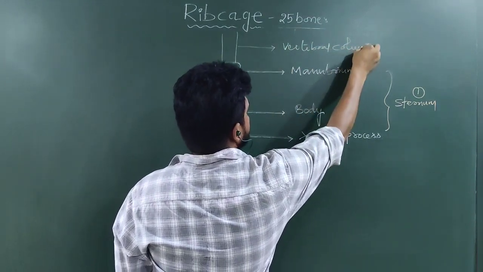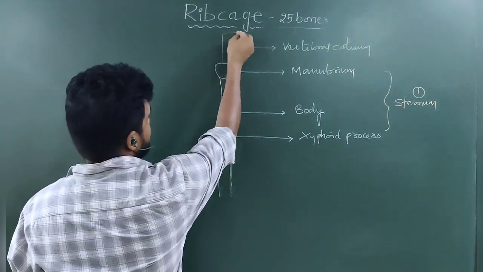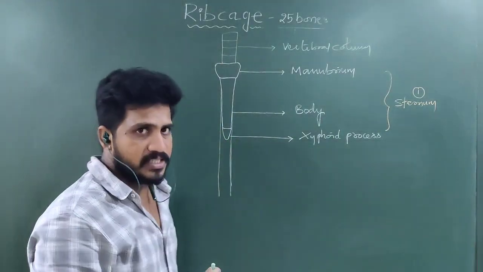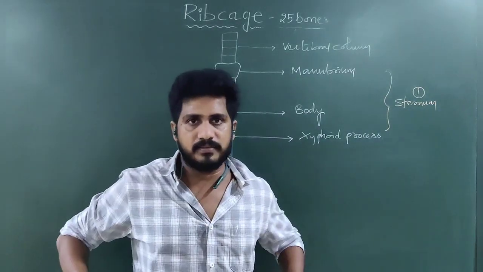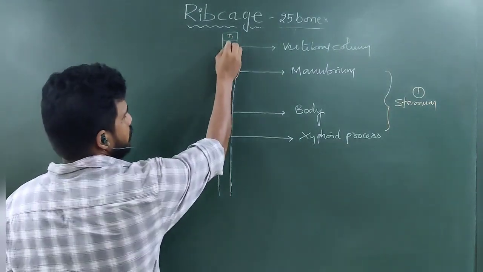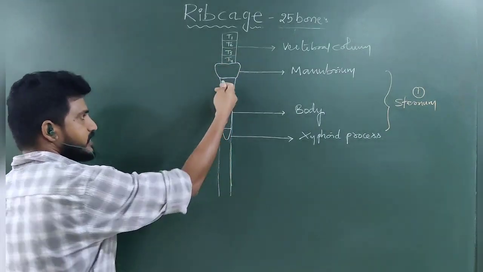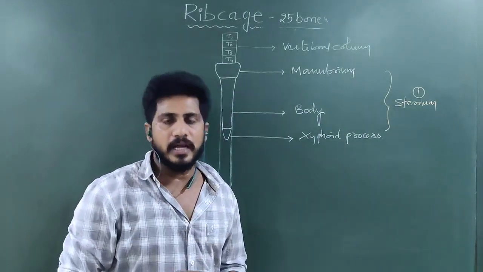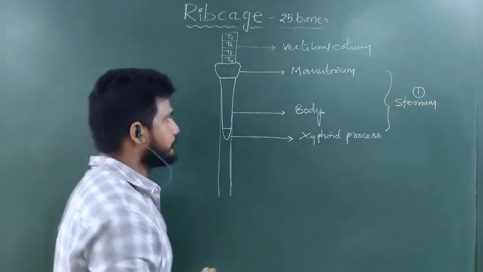This vertebral column has so many bones. In the next class we will discuss. But the vertebral column starts from the neck region till the tail region. Rib bones come from the vertebral column only from the thoracic region. So this is thoracic vertebral bone 1, this is T2, T3, T4, just like T5, T6, T7, T12. So in the thoracic region, the vertebral column has 12 bones. About this in detail I will explain in the next class. This class is only for the rib cage.